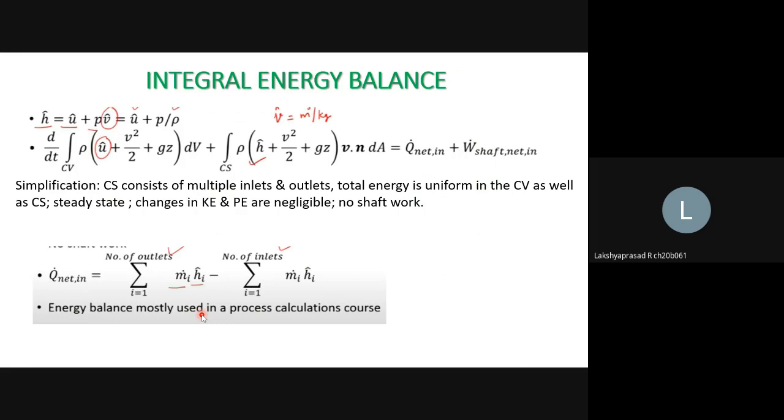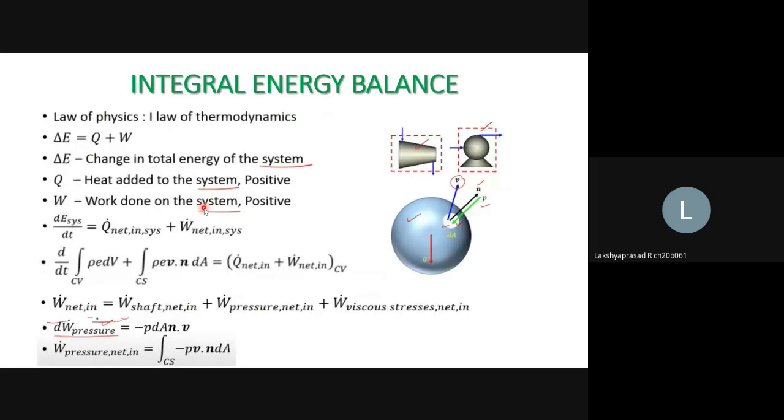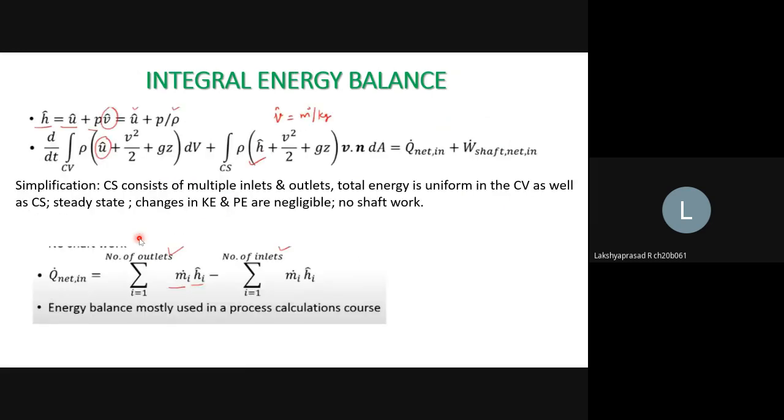Moving on. Over here, what is the small e? The small e is the specific energy. So small e is equal to kinetic energy per unit mass plus potential energy per unit mass plus internal energy per unit mass. That is understood. Rho is density, as you know.